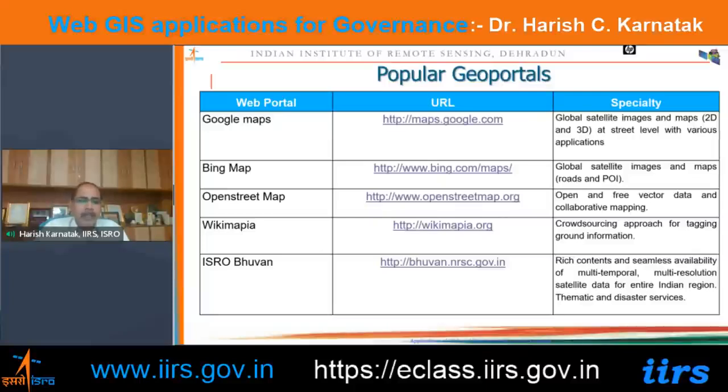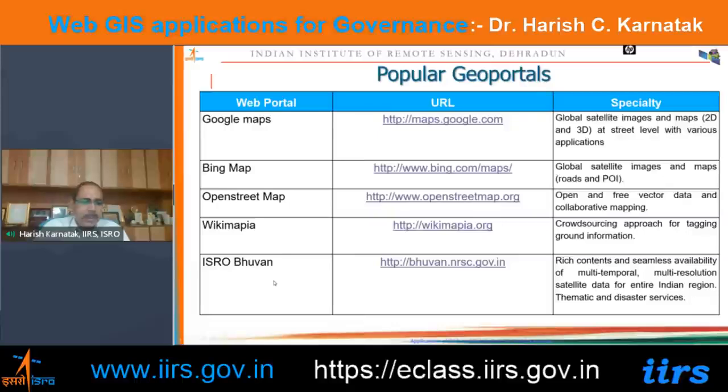Similarly, another project which was very famous in between, but these days fewer people are using it, is called Wikimapia. This is a crowdsourcing approach for tagging ground information. It is the simplest method. Basically, you can do drawing activities, or you can identify locations. You can map the areas by the concept of the wiki. They maintain the history of each and every update of the data sets. So this is another interesting portal where the crowdsourcing or participatory approach is implemented for creation of geospatial data on the internet platform.